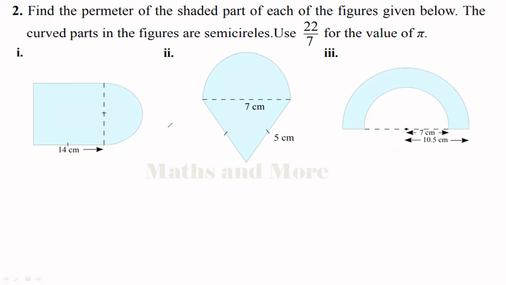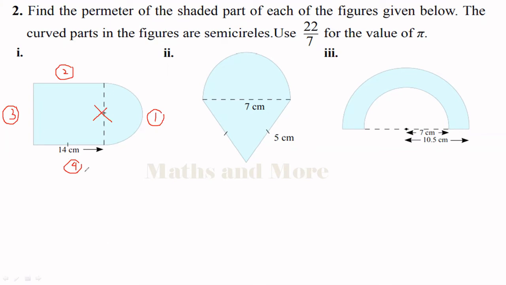First let's find this. You have to identify what are the parts you have to find here. You have to find this arc length. That is the first value you have to get. Then you have to get this value, that is the second straight line you have to add when you find the perimeter. This line, that is the third line you have to add. And this line, that is the fourth line you have to add. But perimeter means length around the figure, don't add this side.